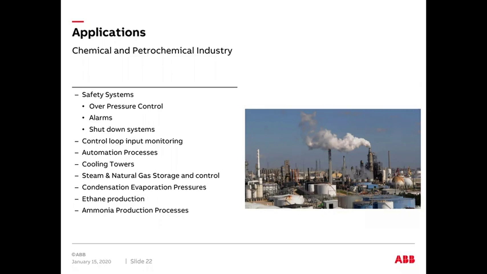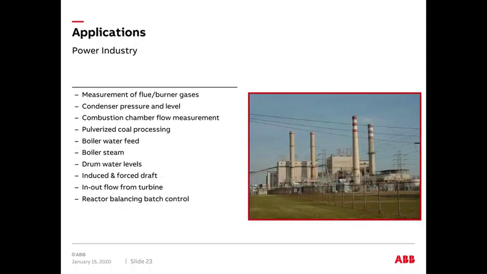Ethane production, ammonia production. There's a lot of pressure transmitters used in ammonia production processes. You go to the power industry, you can have measurement of flue or the burner gas, condensation pressure level, combustion chamber. You know, if there's pulverized coal processing, if there's boilers, you're going to have water feed and steam pressures coming from those. The draft that you may get, whether it's induced or forced, you got in and out flow